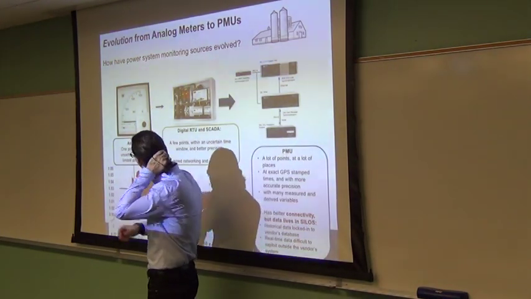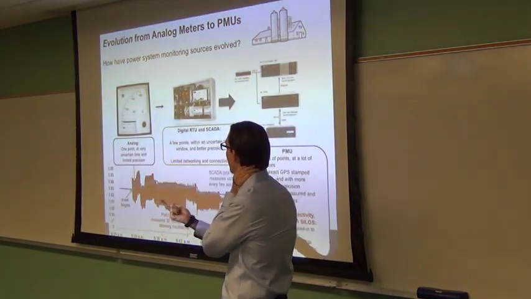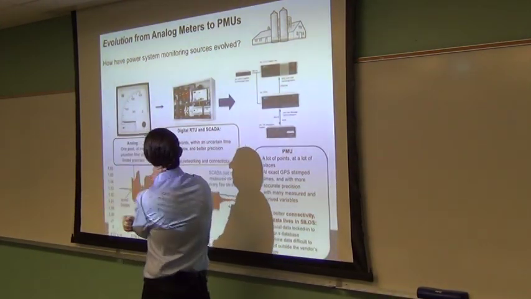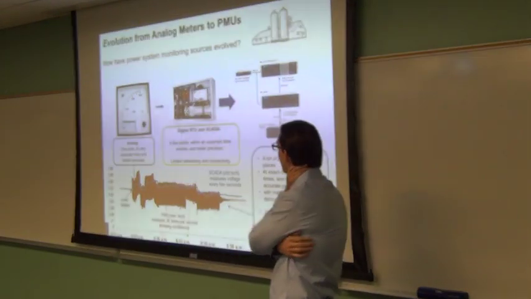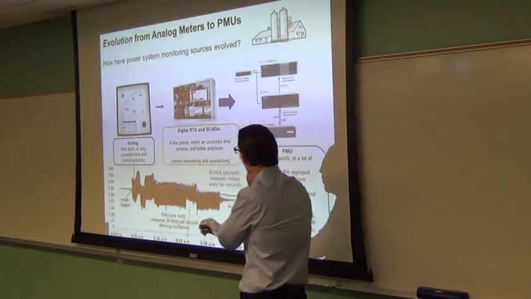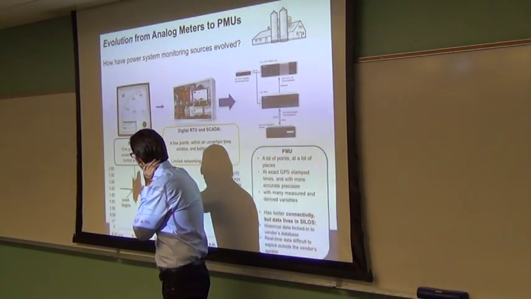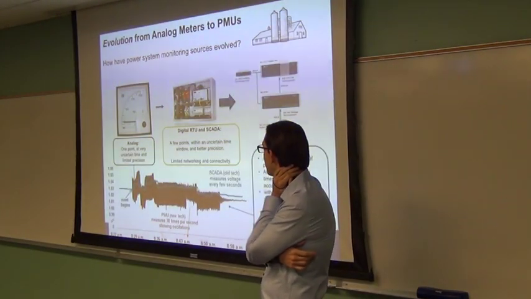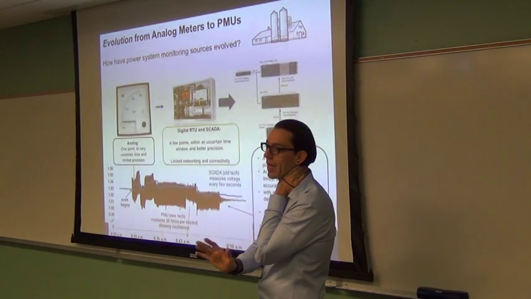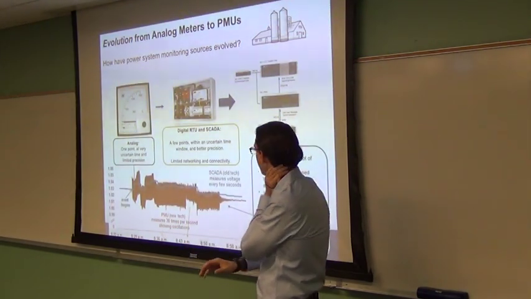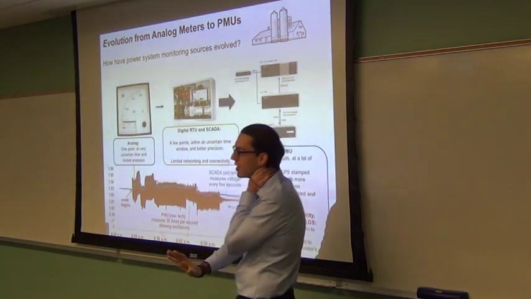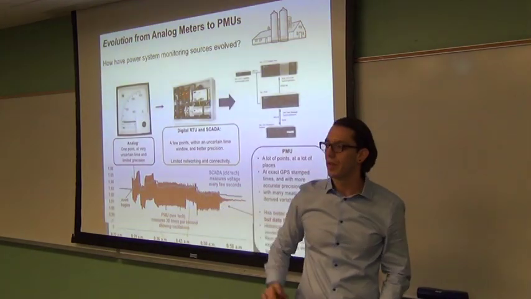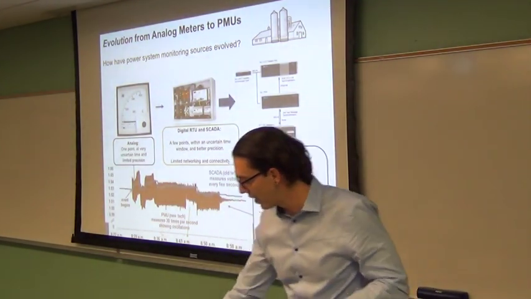This is an analog watt meter. So you get one point in time at a very uncertain time and limited precision. If you take one of the points here, maybe you get one dot. Then we went to the digital remote terminal unit and SCADA. So you get a few points, maybe as is shown here, one there, one there. A little better precision with limited networking. Okay, you only communicate with a certain protocol. And also limited connectivity. And the data lives in a silo. And that silo is made by a corporation.